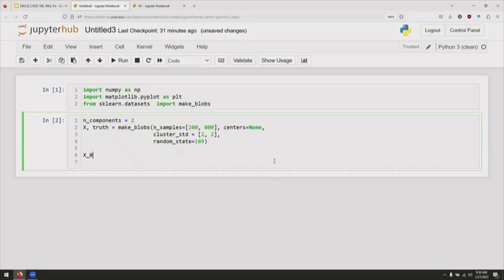So I'm going to create a variable x0, and I'm going to index x, and I'll use something called logical indexing. I want all of the values of x where the value of truth is equal to 0. So this is saying, don't give me every point in X, only give me the points in X that correspond to class 0. So I can run that, and then if I create a new cell and visualize that,